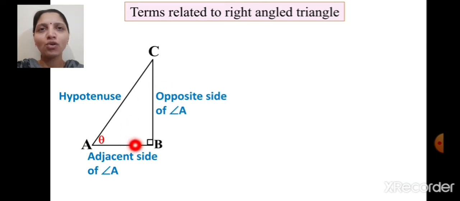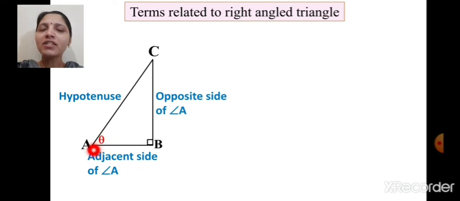Yes, because we know that in any triangle, the sum of measure of all angles is 180 degree. So if you take angle B as 90 degree, then other two angles will be acute angles. Any of the angles you can consider. So suppose here I have considered angle A. Then if angle A is theta,